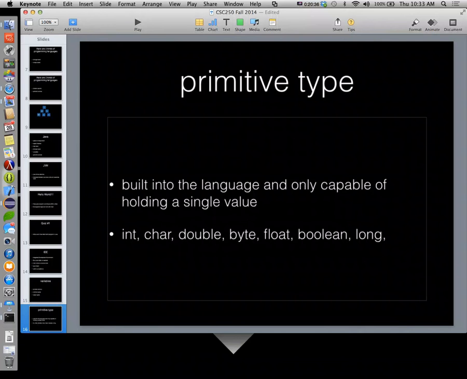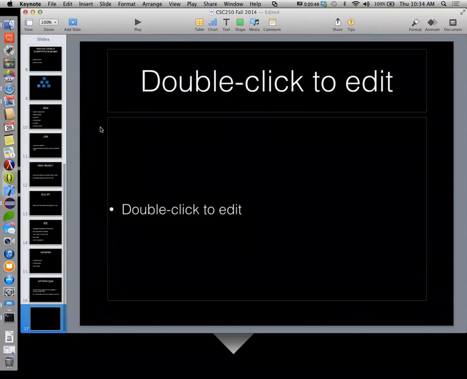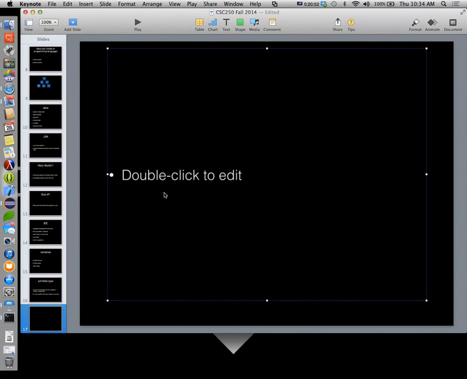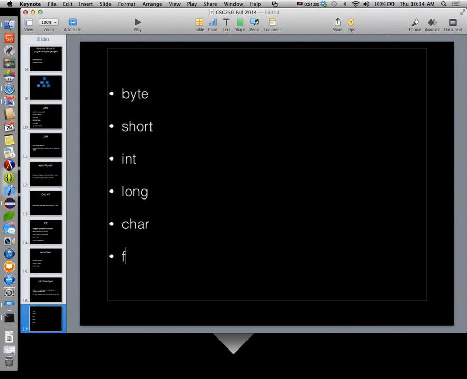Short. Okay, so let's talk about each of these guys, and we're going to put them in a more appropriate order. Again, this is a review, and we'll see how much you remember. So we're going to say byte, short, int, long, char, float, double, Boolean.